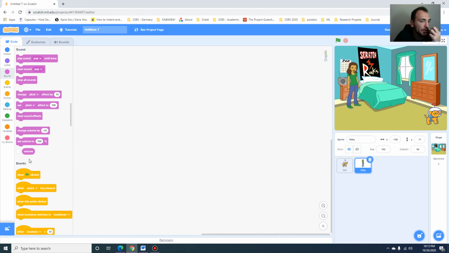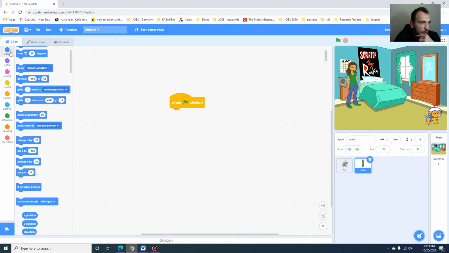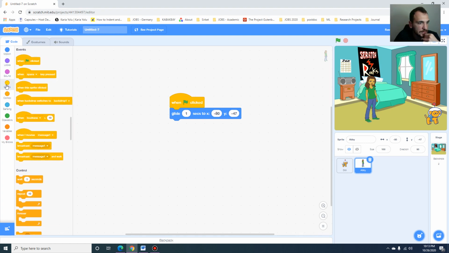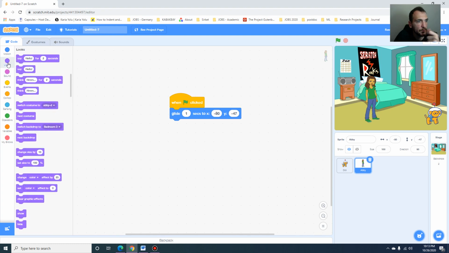So I'm going to move here to the beginning, and we're going to start with the when green flag is clicked block. We want Abby to move from here to here. So we want her to glide. Let's say her starting position is here. I go to motion, and I want her to move somewhere around here, and we want her to glide there for, let's say, 1 second, and we want her to say some message. So if you go to looks, we want her to say hello for 1 second, and then we want her to say my name is Abby